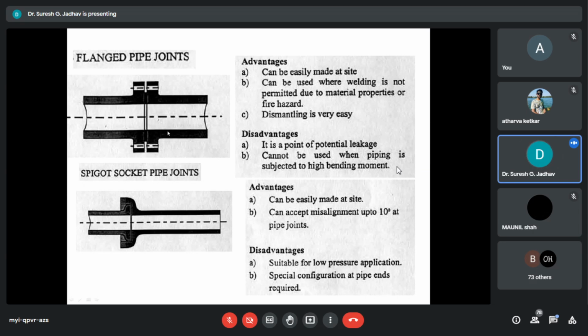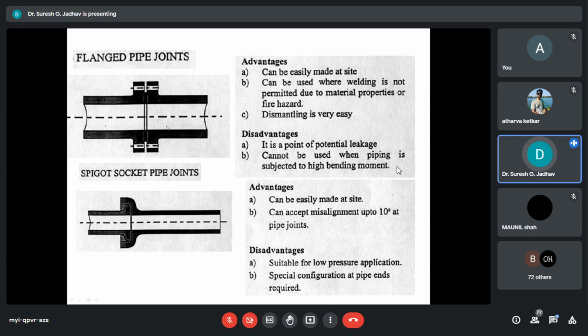The material property of the flange won't permit welding. Dismantling or disassembling a pipe connection is very simple compared to earlier pipe joints. Here we have to remove the nuts and bolts from the flanges and then we can easily dismantle the pipe